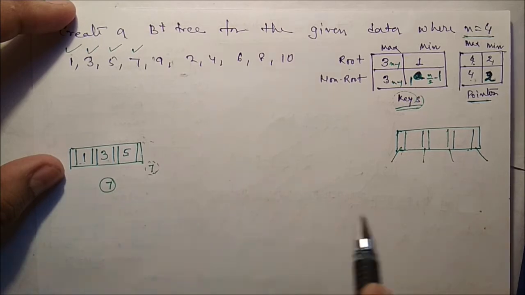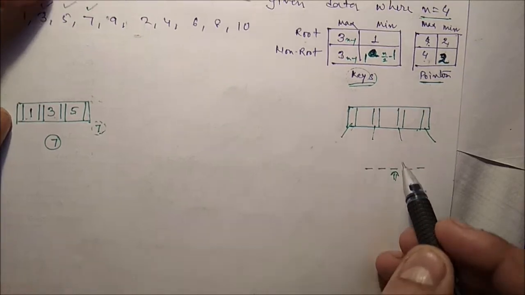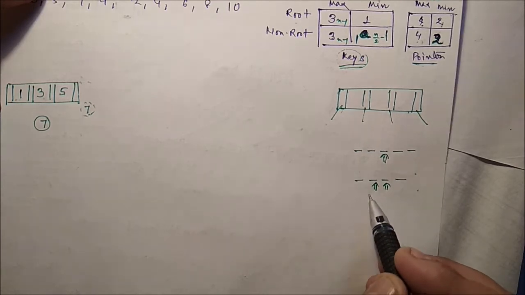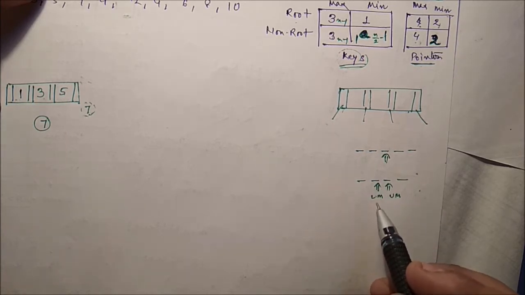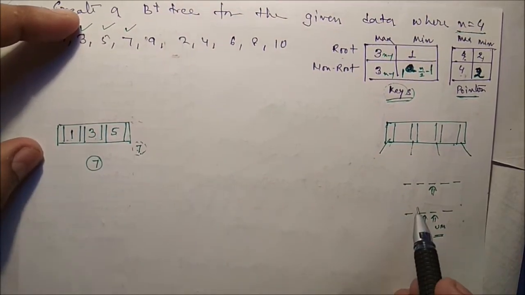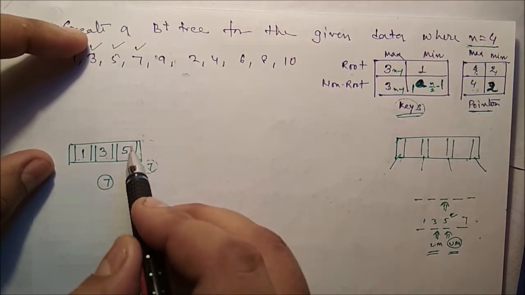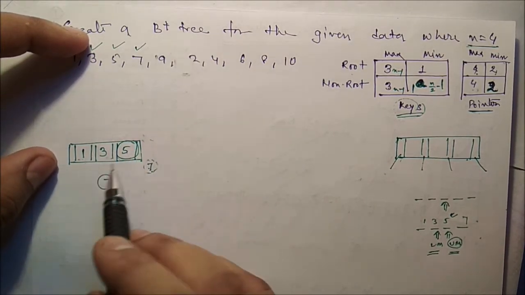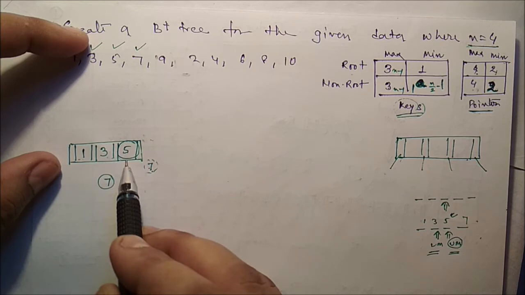If it is an odd number, then identification of the median is very simple. This will be the median value. But if it is an even number, then there are two median values. This is called the lower median value and the upper median value. So we can select any one of them, either the lower median or the upper median. So here 1 3 5 7. The upper median value is 7. So we have to remove this particular key, and we have to split this node into 2 nodes, where 5 will be the parent.